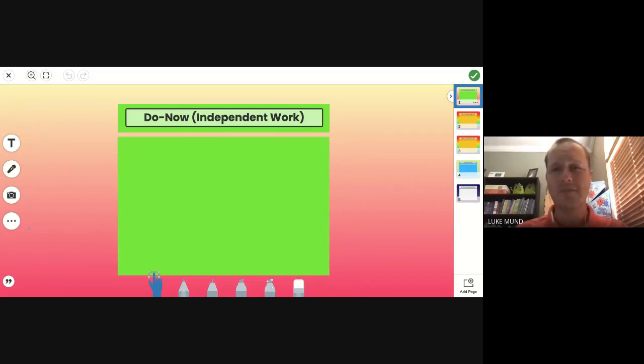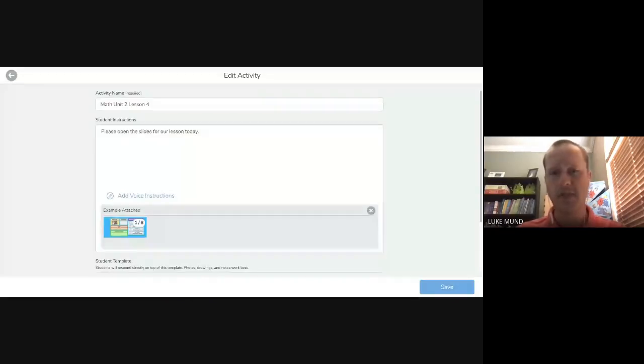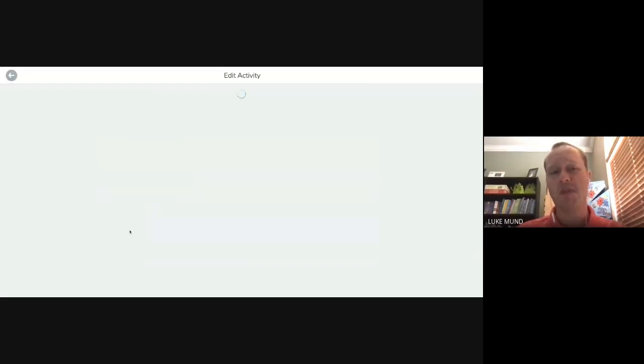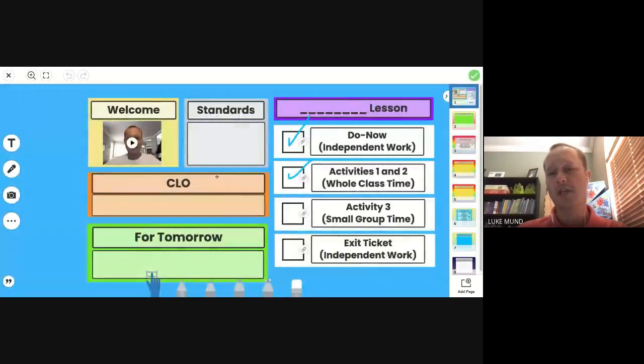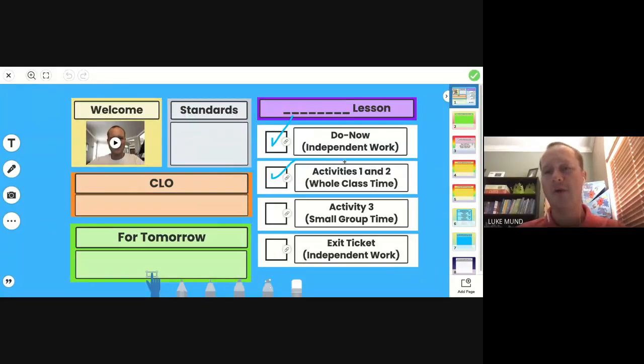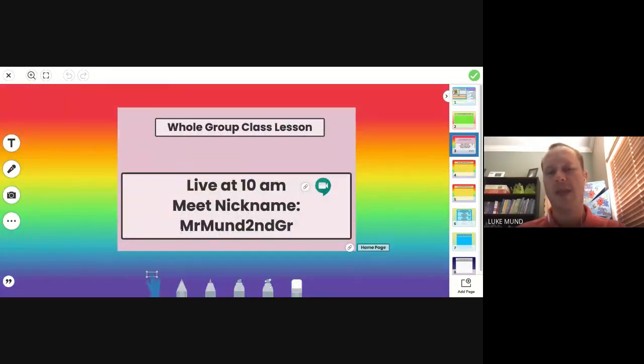Do I want to do the same thing over and over again with my students? Absolutely, I do. If I'm going to use, say, a Bitmoji classroom, or a multi-page activity, I want the same thing to look the same every day. How do my students join? It's the same thing every day for our whole group.